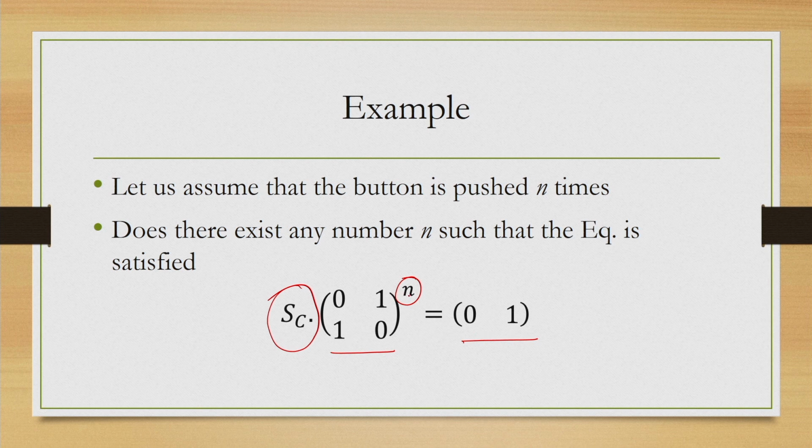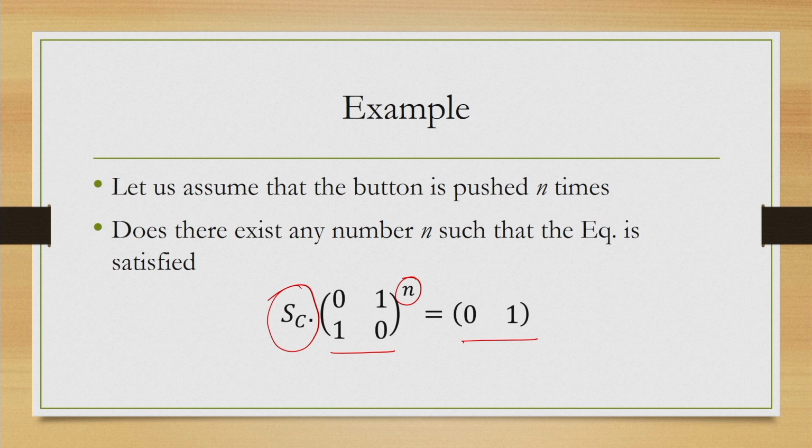So, if n equals 1 and we do not know the current state, can we reach the off state? If n equals 2 and we do not know the current state, can we reach the off state, and so on. You can try with different values of n and see whether that is possible. The current state can be either the on state or the off state. So, assuming the current state is the on state and n equals 1, that is one thing, and assuming that we do not know the current state and n equals 1, that is another thing.